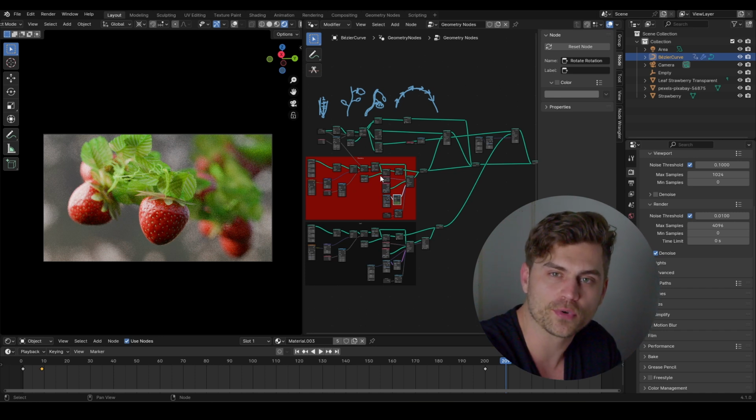I hope you enjoyed this tutorial, that you learned a lot and that it was easy to follow, and that you now have a pretty good looking setup just like this one, where you can access these functions easily and make changes. I hope I've explained this part of geometry nodes very well, so you can use it more freely